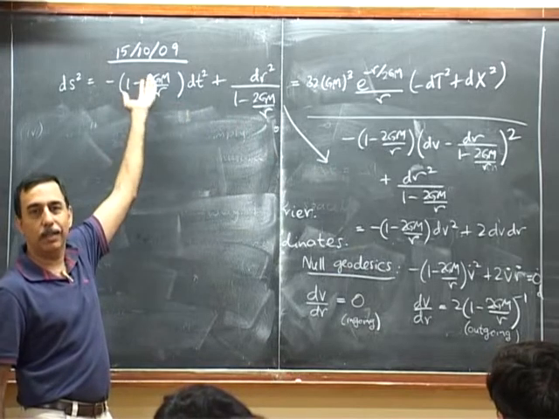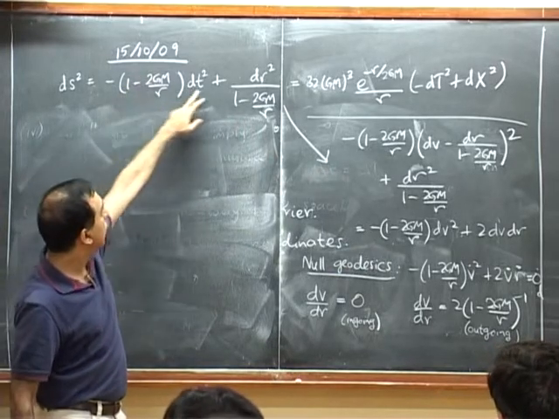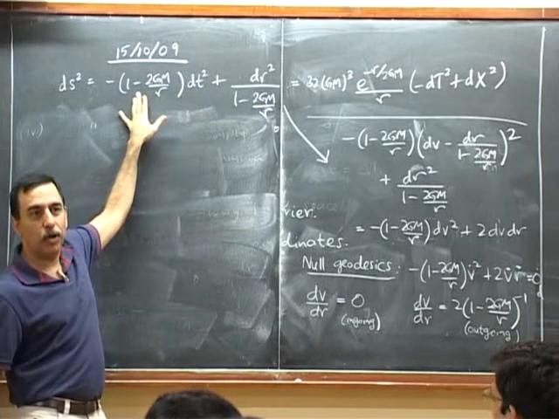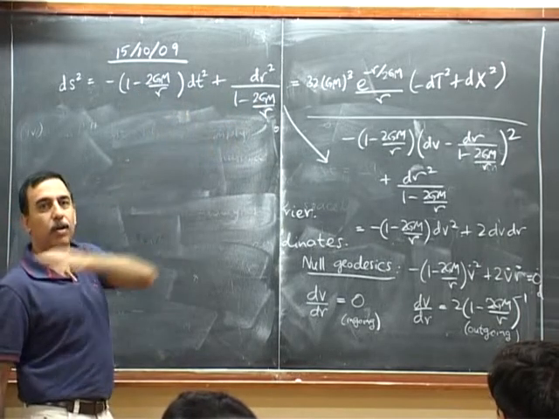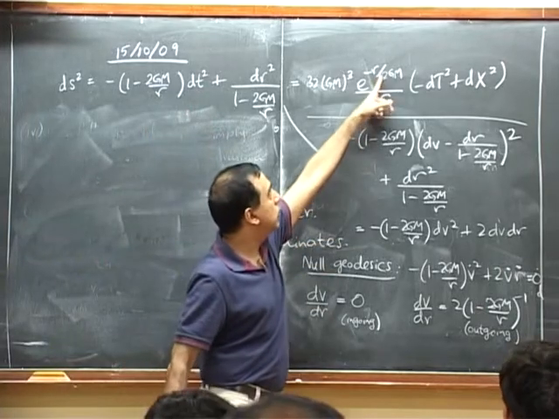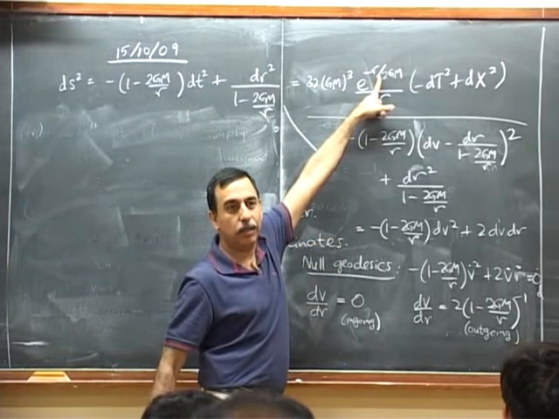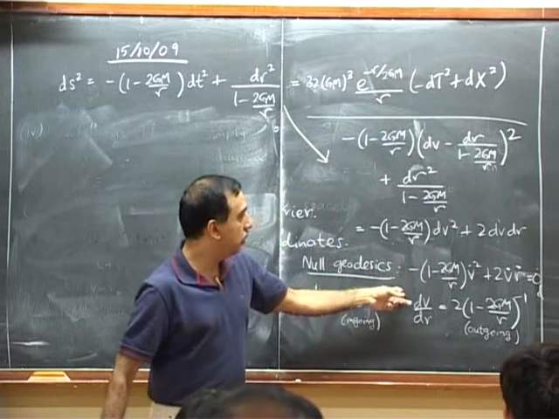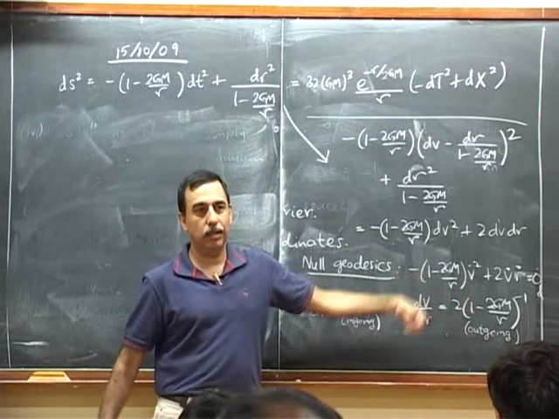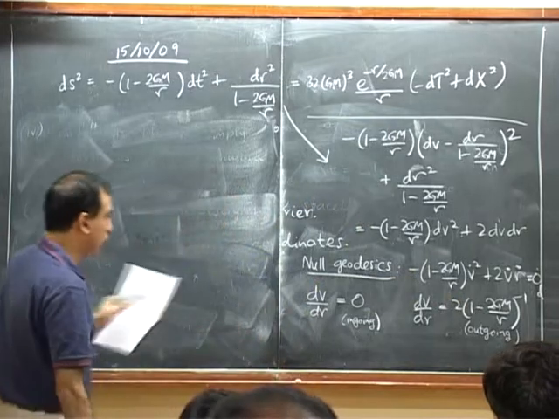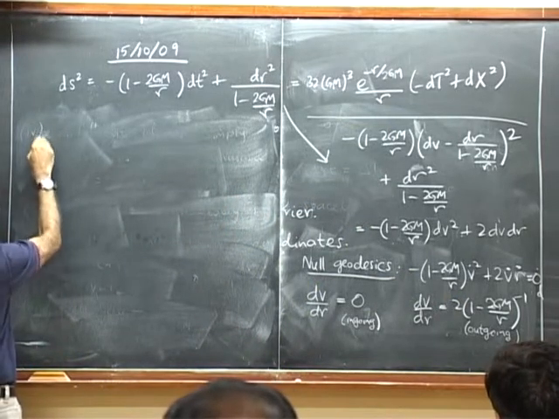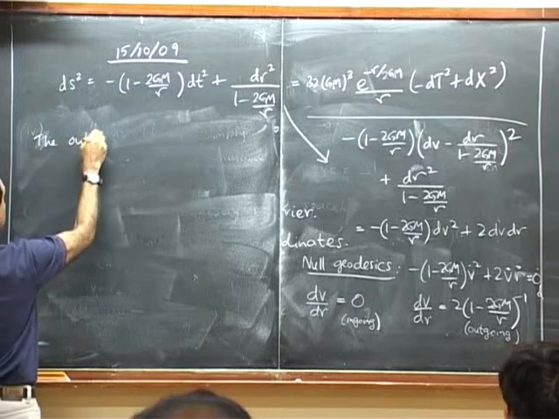In the Schwarzschild coordinates, you aren't allowed to send it through. Maybe you can talk about the other side, because on the other side this becomes space-like, this becomes time-like. But you could talk about this metric on the other side, but certainly not the process where it goes through r equals 2GM. Here you can talk about the process, but r is a dependent coordinate. Here you can have it both ways. You can talk about the process of r going through 2GM where r is an independent coordinate. That's a nice advantage. And when you do that, you realize the following thing. The outgoing geodesic has a very interesting property.